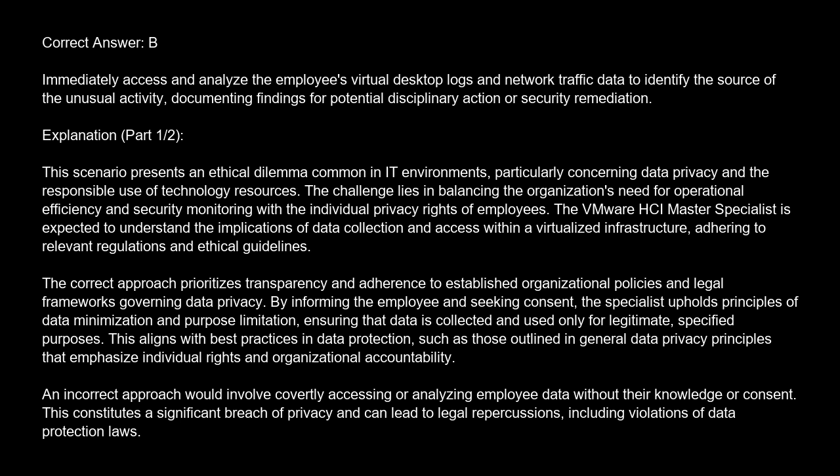The correct approach prioritizes transparency and adherence to established organizational policies and legal frameworks governing data privacy. By informing the employee and seeking consent, the specialist upholds principles of data minimization and purpose limitation, ensuring that data is collected and used only for legitimate, specified purposes. This aligns with best practices in data protection, such as those outlined in general data privacy principles that emphasize individual